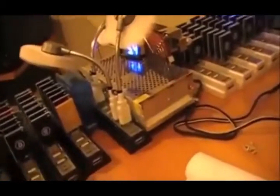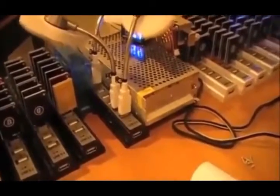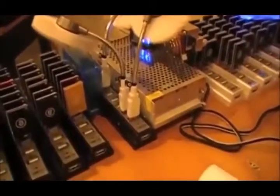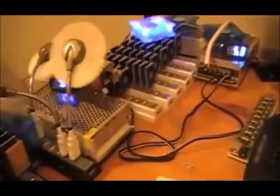So what I did was I just took another 10-port hub that has its own power supply, and I'm using it just to run the fans, just so the fans are independent of all the data that's going through the hubs right now. So anyhow, that's my 70